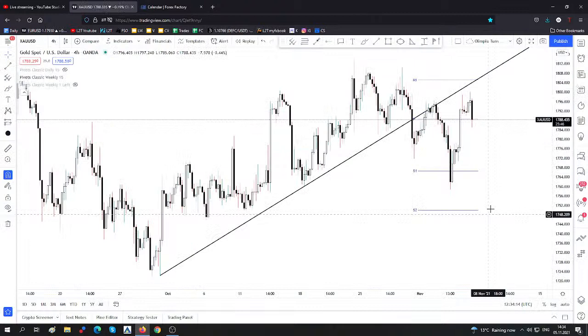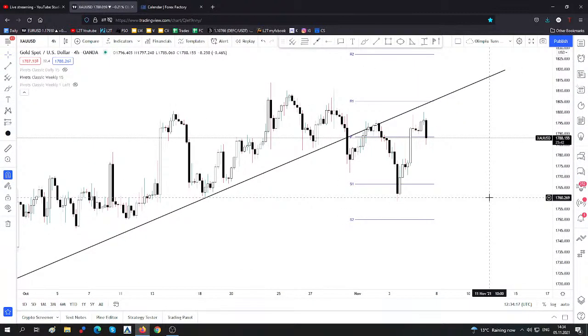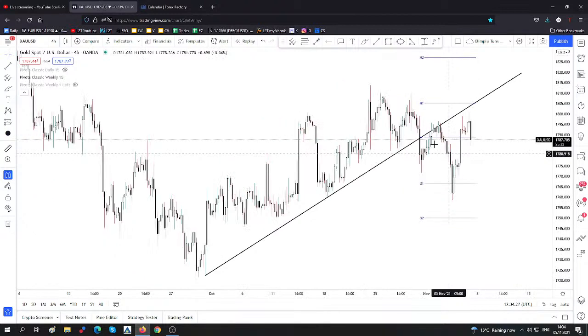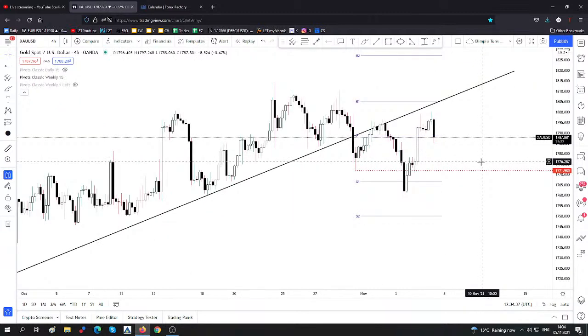Personally, I don't have something really good here on gold, and I don't want to sell it right now, only because you can see here that we have something like a swing higher. Yeah, a valid breakdown, but unfortunately it has failed to stabilize below 1771.98. So right now, personally, I don't have something really good.